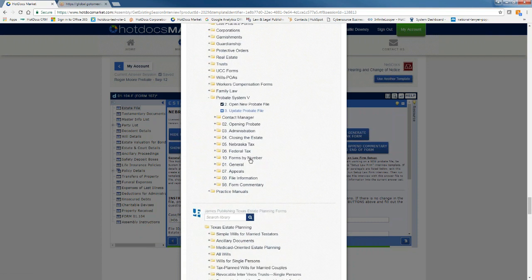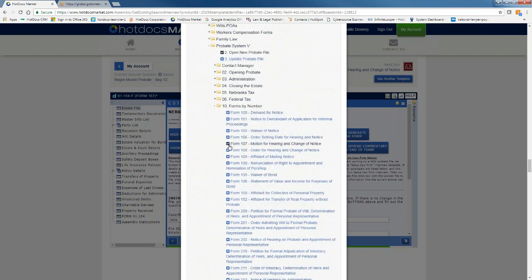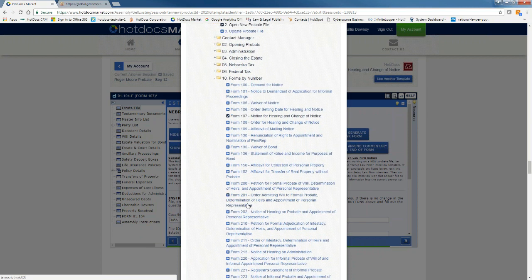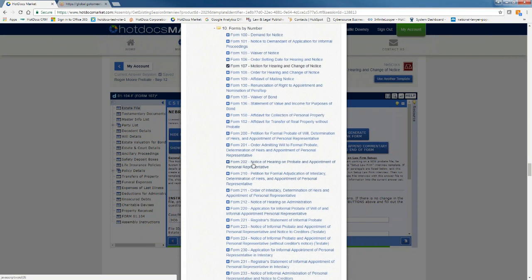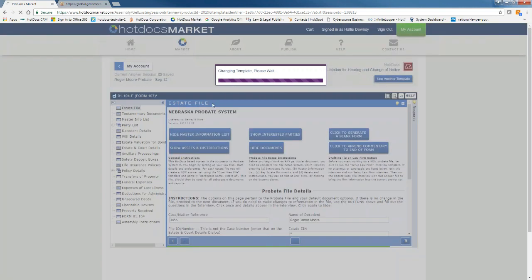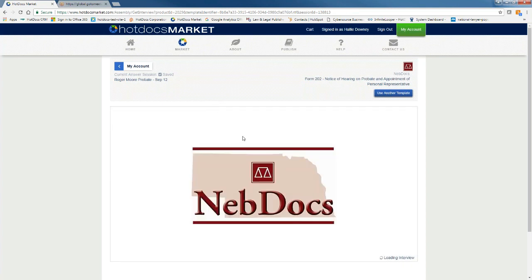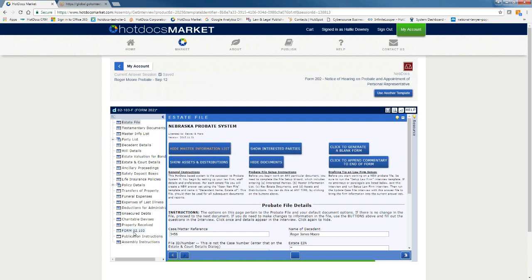I'll again use this forms by number feature, and just to demonstrate the fact that, look, you can see I've already completed form 107. So let's just do form 202, notice of hearing. It'll change the template. Here's my form,